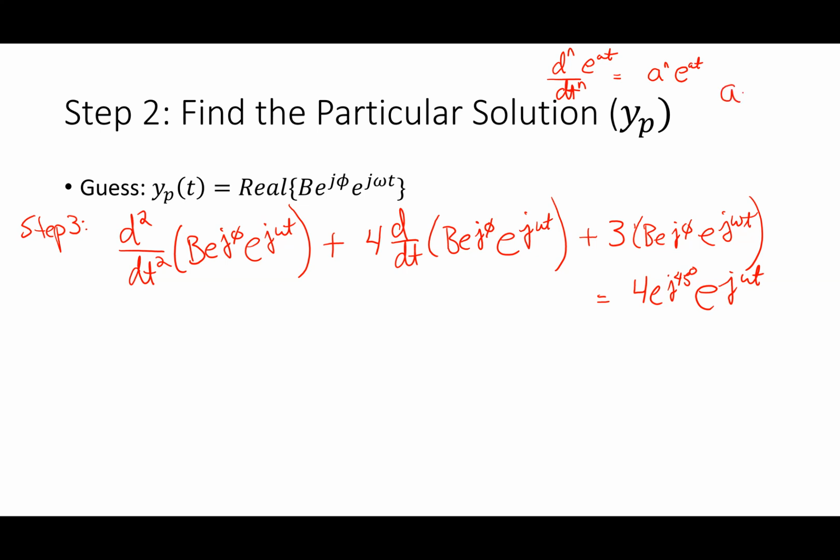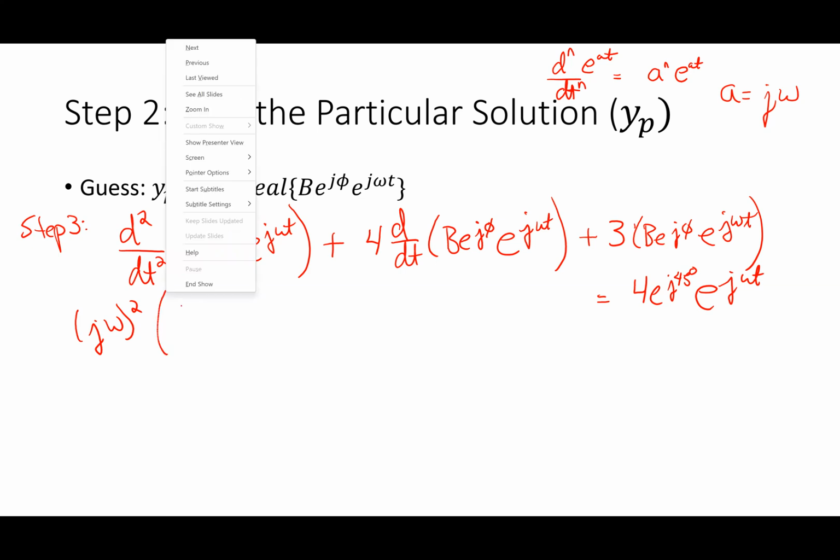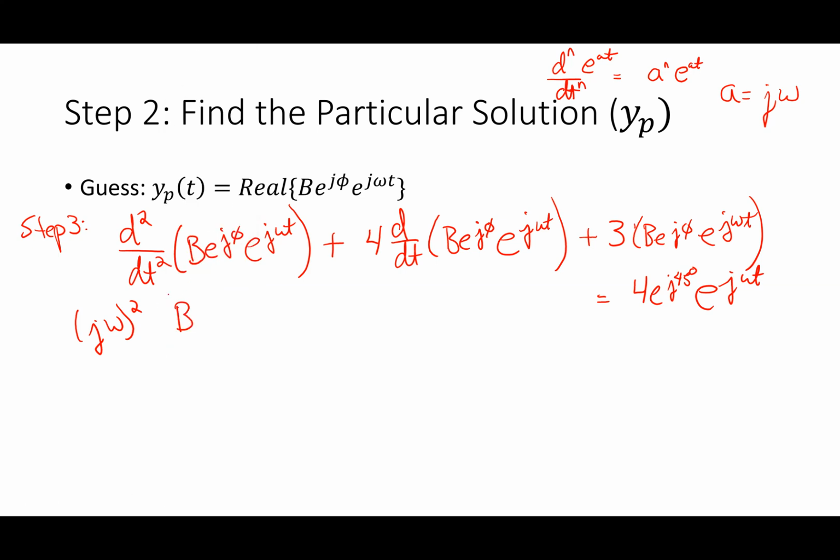In this case, if I look at what I have, e to the j omega t, a is j omega. So j omega is going to come down whatever number of times the derivative is. If I have the second derivative of e to the j omega t, I'm going to get j omega squared come down. This guy's going to be times b e to the j phi e to the j omega t. That's the second derivative of that, plus 4 times,